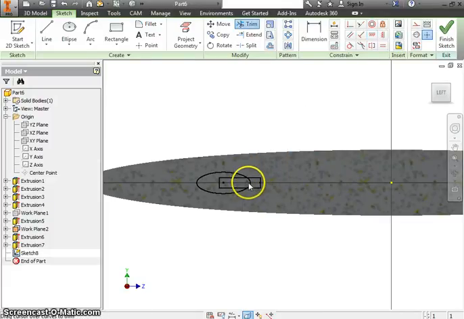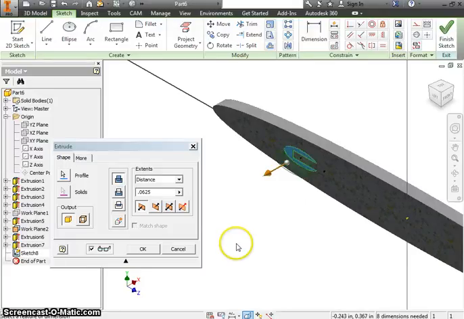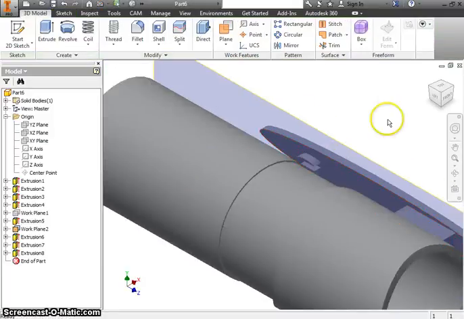And trim all over there. Maybe pull that back a little bit. I don't know how far to extrude that up, but we'll pick some distance. And then we can always go back on